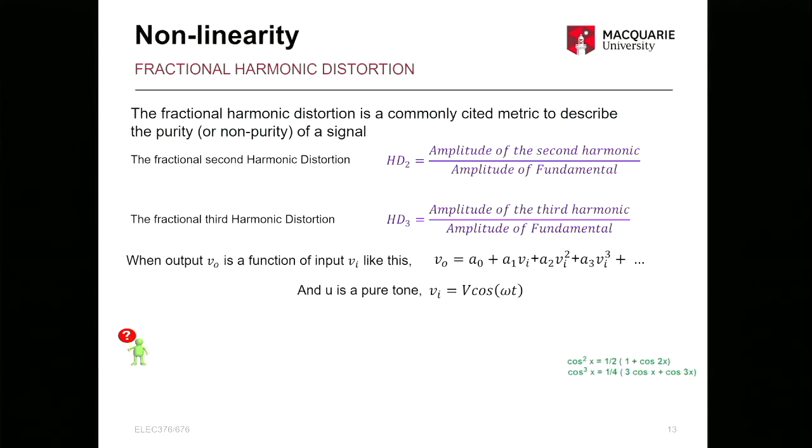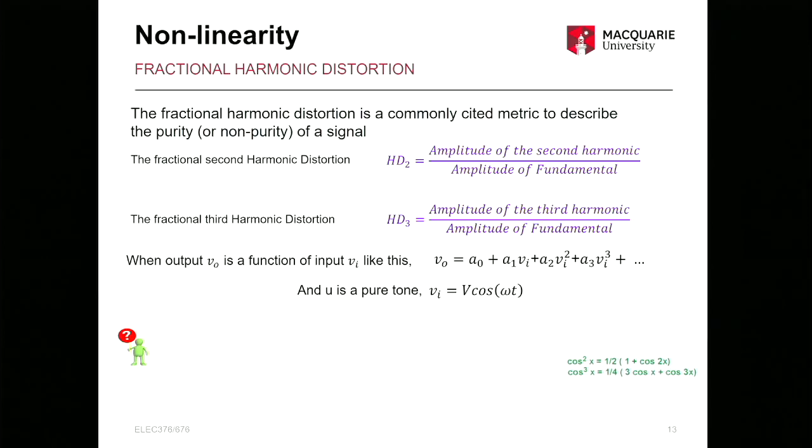Okay, so let's say we have a system with the output like that. Output is A0 plus A1 V input plus A2 V input square, and so on to higher orders. And V input is a pure tone, which is a single sine wave, V cos omega t. We use sine and cos interchangeably because they are essentially the same. Sine theta is cos 90 minus theta, so it's just a phase shift. So if you have a pure tone V cos omega t,